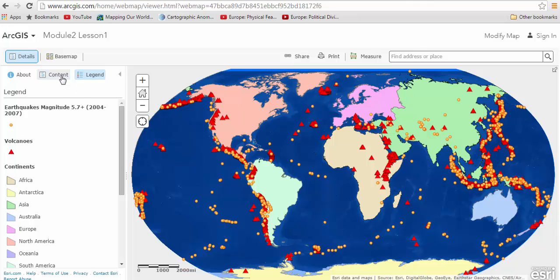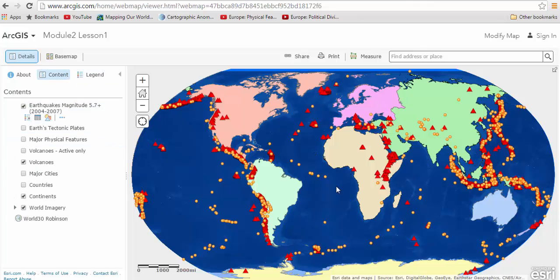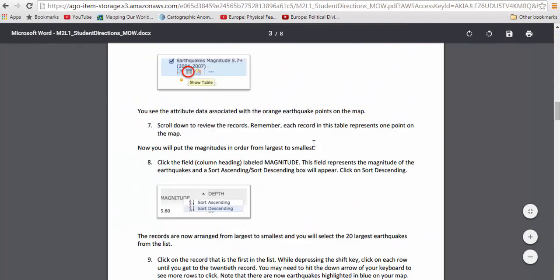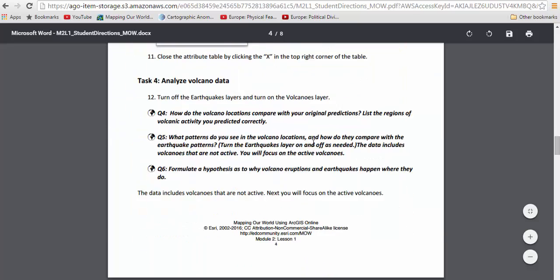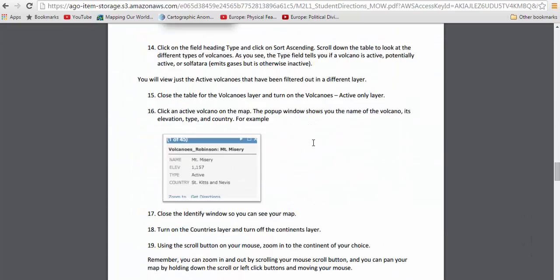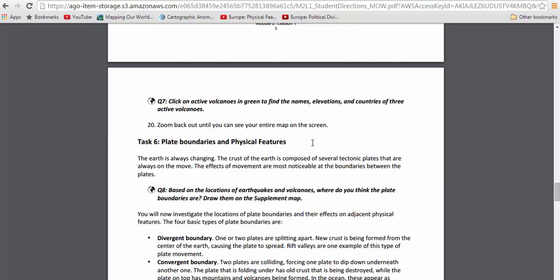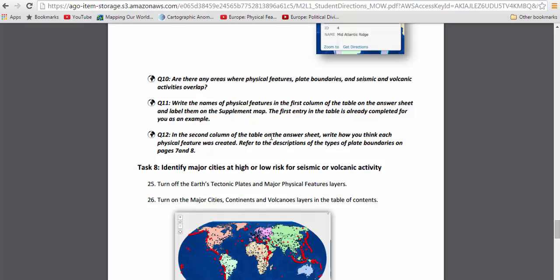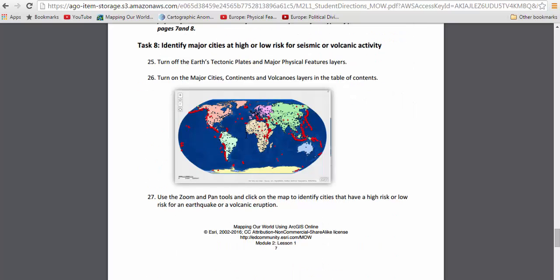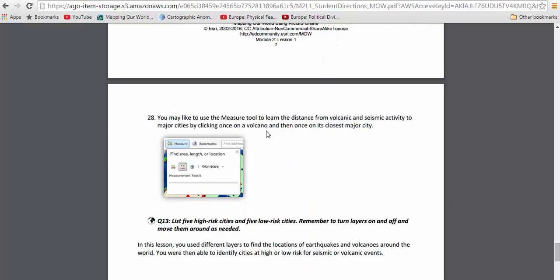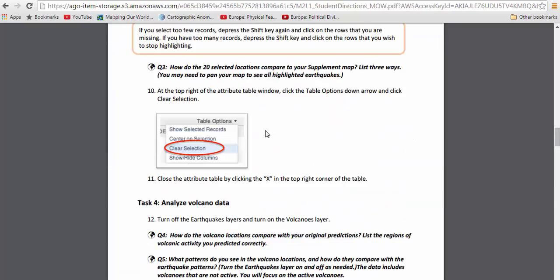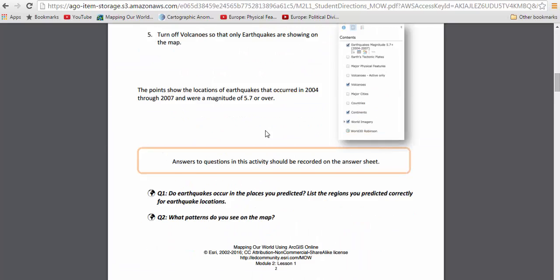Students then work their way through the directions using the map layers to complete the questions. Typically, 10 to 20 questions per module. A lot of deeper thinking questions that require a little bit more in the way of writing from students, a little bit more prediction as well. These are great if you have a day in the computer lab, you want to enhance a